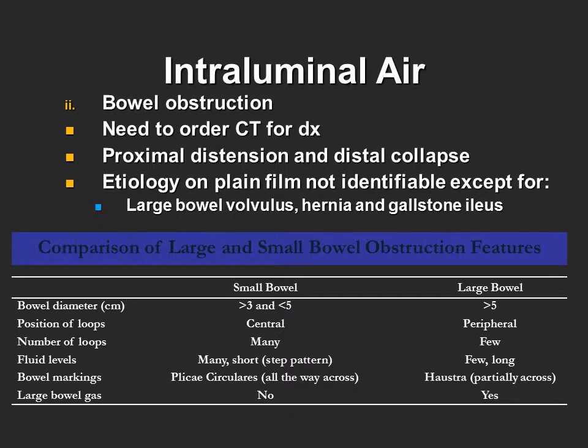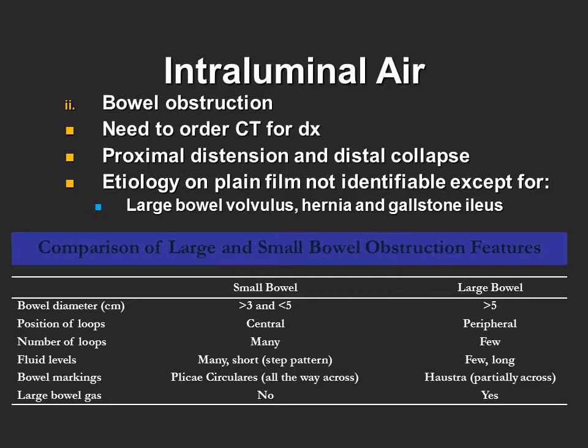Another major cause of increased intraluminal air is bowel obstruction. As plain films are only diagnostic in approximately 50% of cases of bowel obstruction, CT is the imaging method of choice when the diagnosis is equivocal. The etiology of the bowel obstruction is not identifiable on plain films except in cases of large bowel volvulus, hernia,